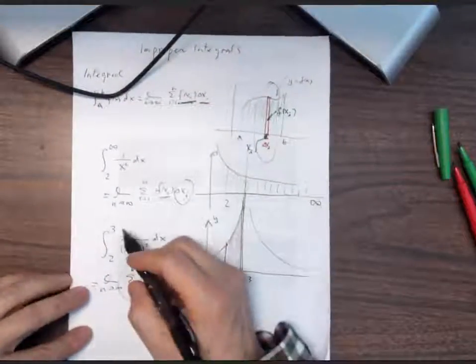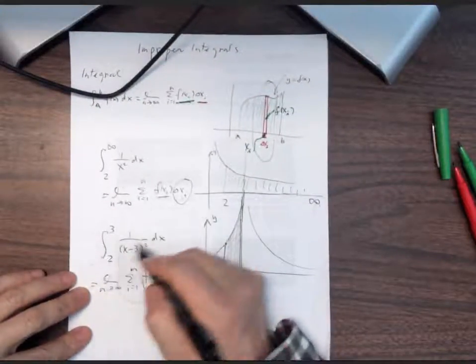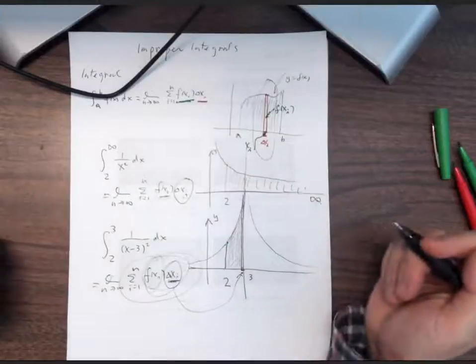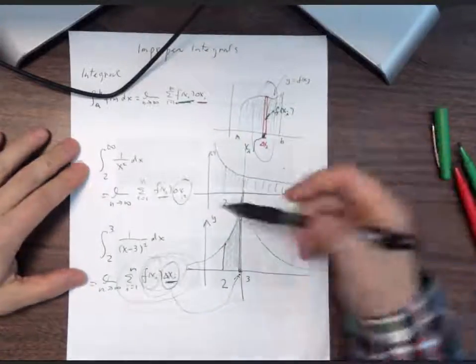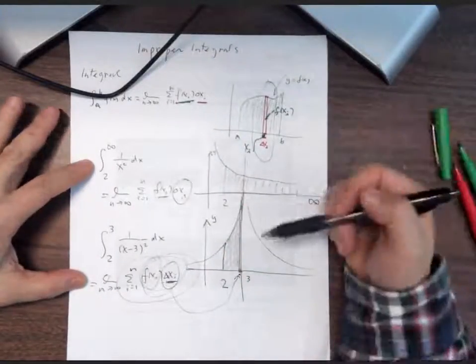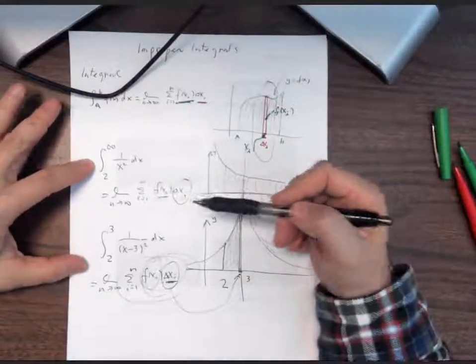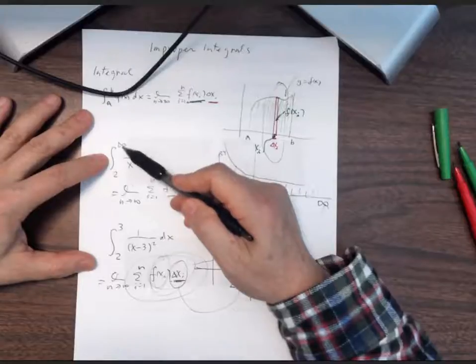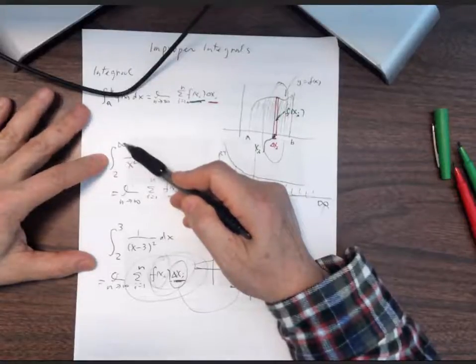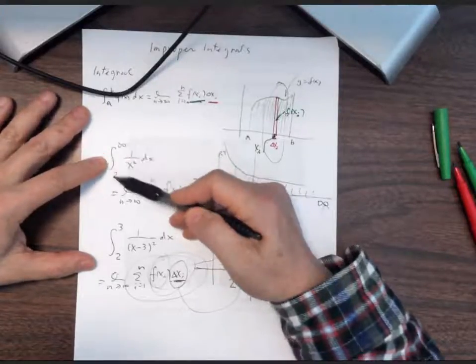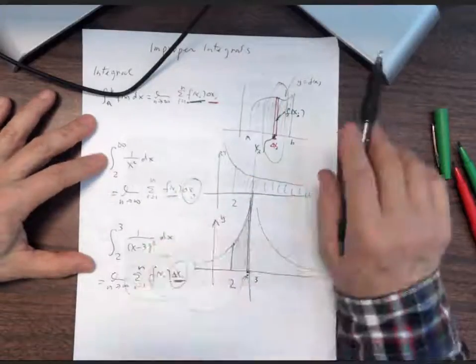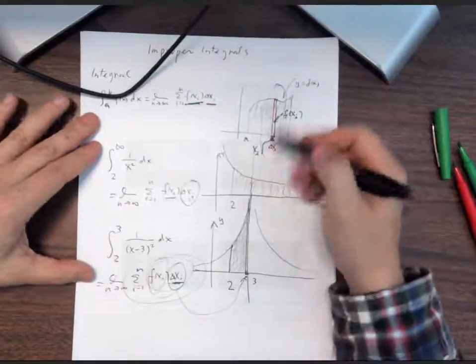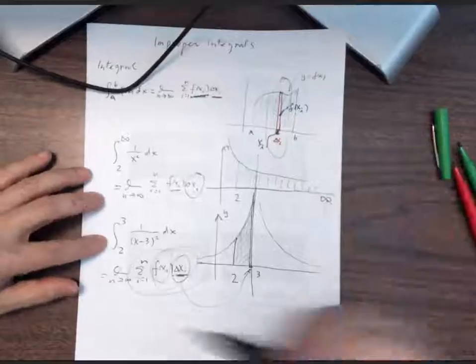In other words, this is another type of improper integral. So from these two examples, we've seen the two different types of improper integrals. One is clearly if the limit is infinite, upper limit or maybe lower limit. Improper, we just cannot do it in the old way. Or like this